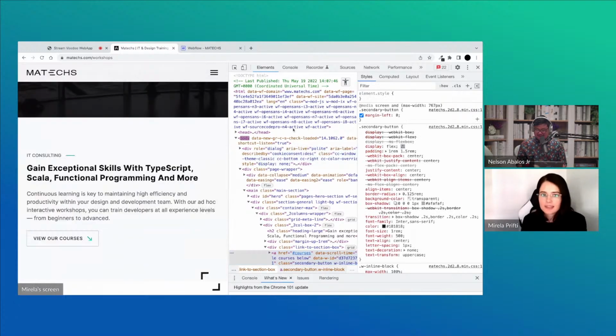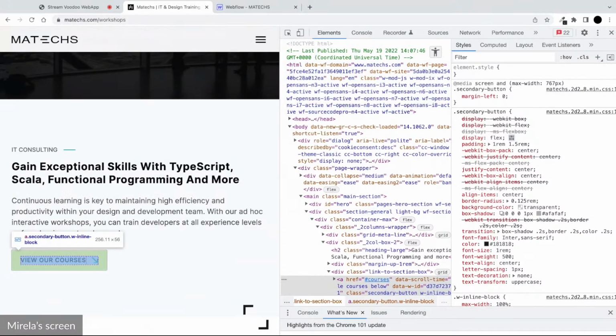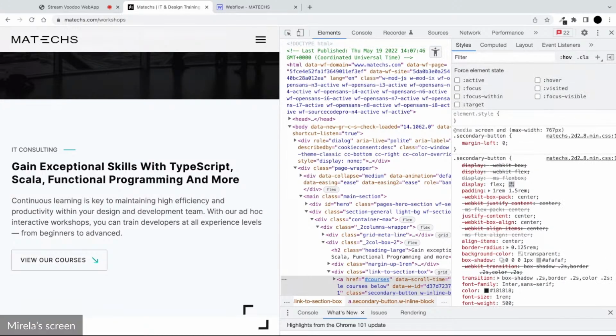Okay, so let's make sure that we have our link selected. Okay, it's this one. And when we go to element styles to the right of the screen, by clicking here, toggle element state, you will see that all the element states appear.